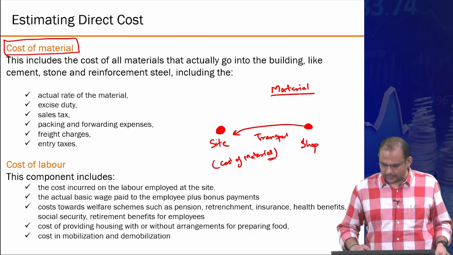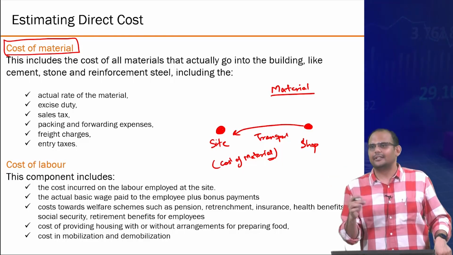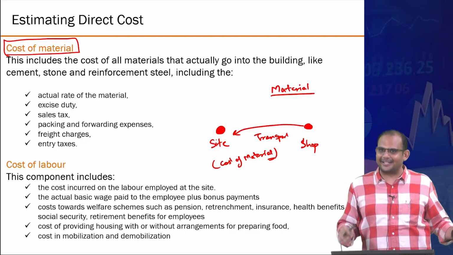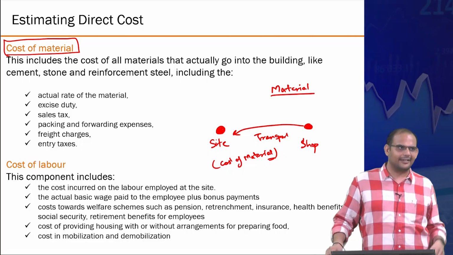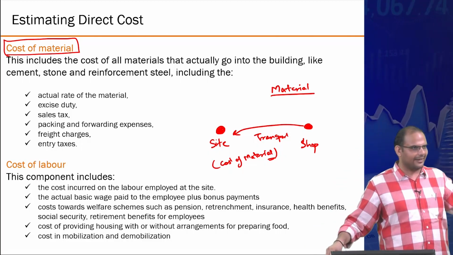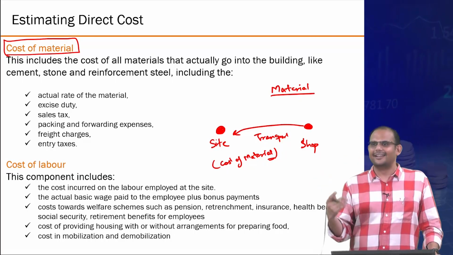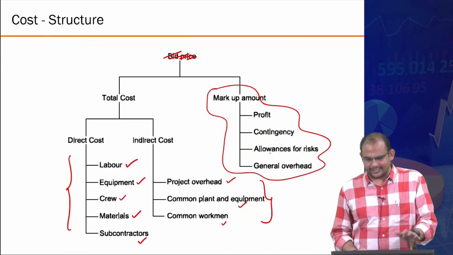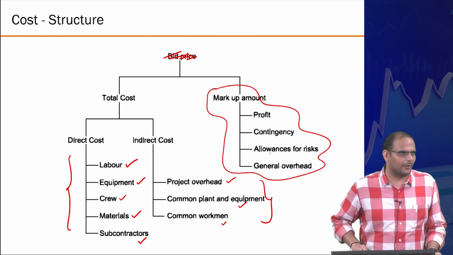Theoretically, you should be able to attribute each transportation to each activity. But then if a laborer takes an Uber to come, which activity does it go to? Or a project manager takes a car to come to site, and the fuel cost of that will go to where? So all of this becomes messy. You can go as detailed, but then is it really worth it is the question, right? So this is general, but it can change depending upon what you want to do.